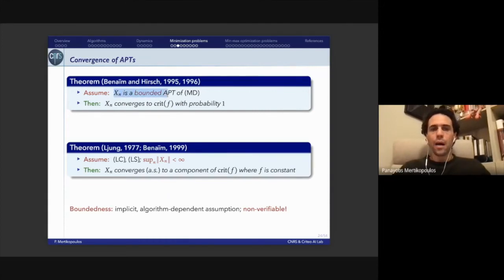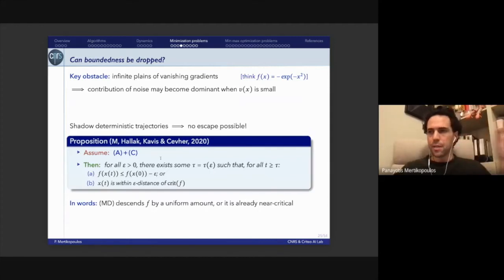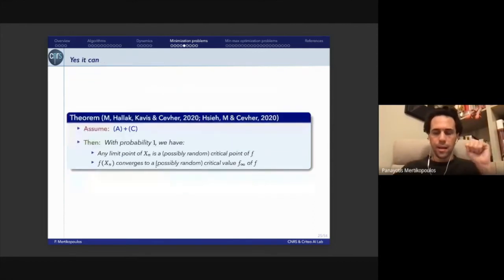But they require an explicit, or rather implicit, depending on your point of view, boundedness assumption. So you need to enforce by hand that the APT generated is going to be bounded. And this is, again, something which is very difficult to verify. But thankfully, under the same conditions that I presented before, this can also be guaranteed. So under the same conditions that we presented, the A-type conditions for the problem and the C-type conditions for the explicit algorithms, you can show, and I will skip the details here,